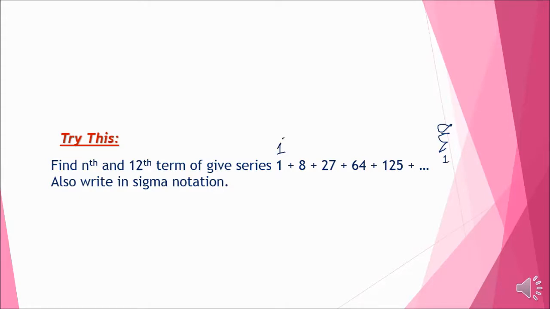This is 1 cube, this is 2 cube, this is 3 cube. Now we can see the base is not fixed, but the power is fixed. So our general term will be n cube, isn't it? When there is 1, it's 1 cube; 2, it's 2 cube; 3, it's 3 cube; 4, it's 4 cube. So